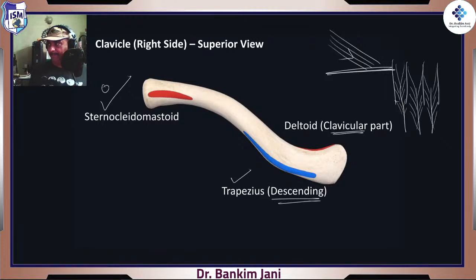It is multipinnate. So it is a multipinnate muscle, that is the middle deltoid. But right now we are dealing with this clavicular part, right? That is the clavicular part of the deltoid. This is what we are watching as we watch from the superior surface. Okay,